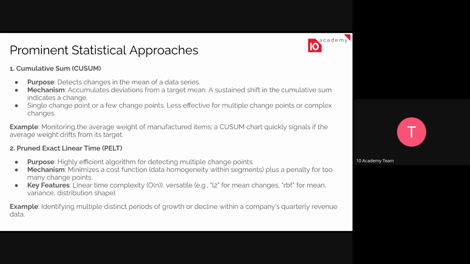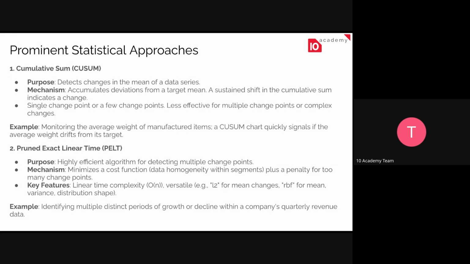The second one is Pruned Exact Linear Time, or PELT. This is what we're actually going to be using. It's very flexible and really good. It is a highly efficient algorithm to detect multiple change points, so it's good for your case. For the mechanism, it minimizes the cost function because the data is homogeneous within segments. So it's going to have segments for each